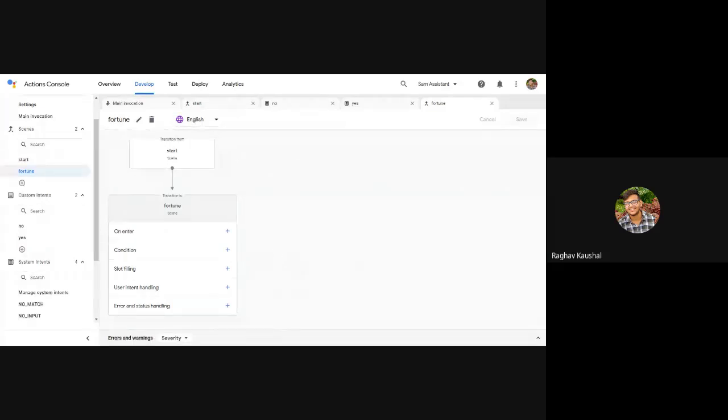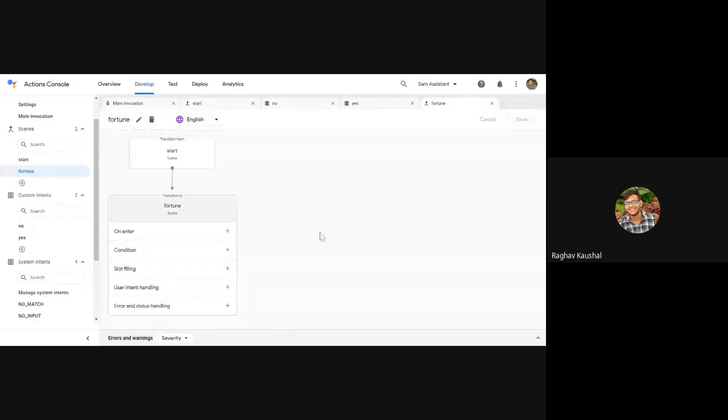So how do you want to tell the fortune? I guess you guys know what tarot cards are, right? Tarot cards are cards from which the user has to pick. The astrologer will show you the cards, and you have to pick one. Whichever card you pick, it will tell you, okay, this is your card, and this will happen to you, and everything like that. So we'll do something similar to that.